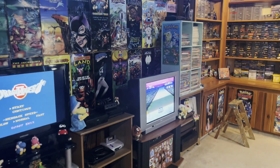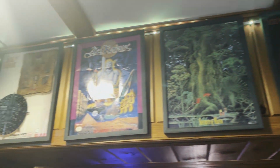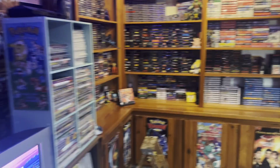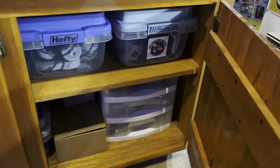Taking a little bit more of a faraway view here. We have more authentic SNES posters and maps for various games. Decided again to put them on display rather than to just keep them hidden away. Now I believe we're going to get into the meat of the collection as we look at some more stuff underneath it. Basically, I organized tons of hefty tubs